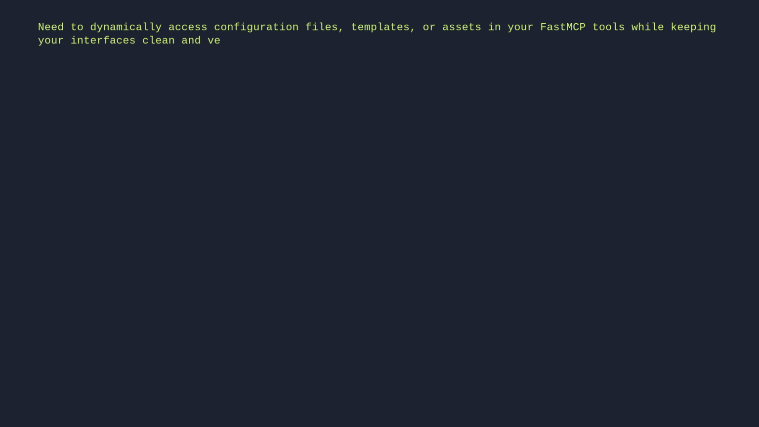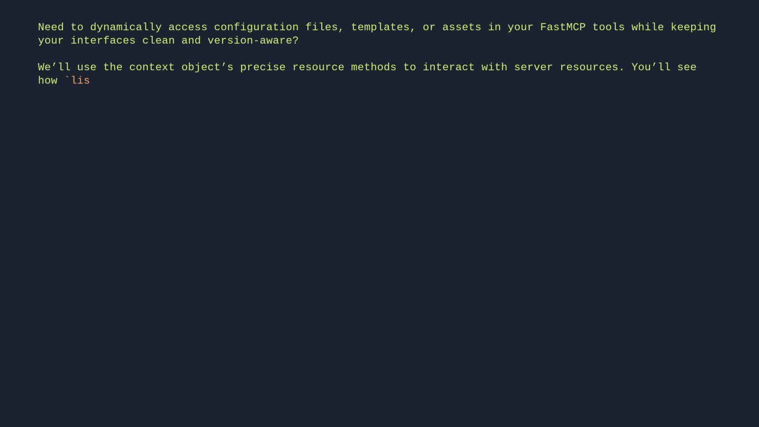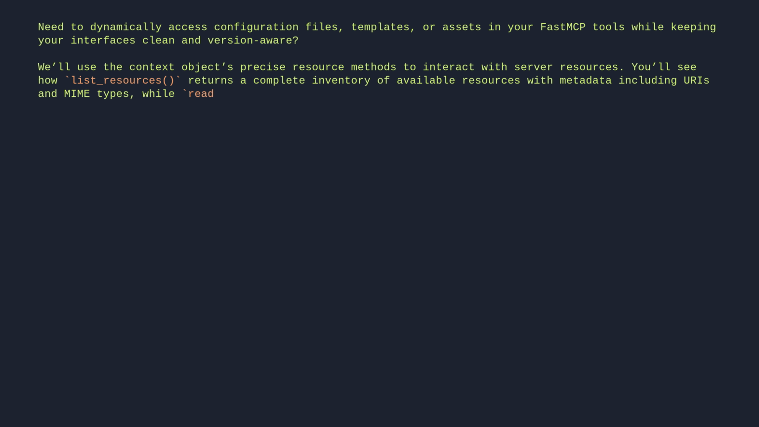Need to dynamically access configuration files, templates, or assets in your FastMCP tools while keeping your interfaces clean and version-aware. We'll use the context object's precise resource methods to interact with server resources. You'll see how ListResources returns a complete inventory of available resources with metadata including URIs and MIME types, while ReadResource